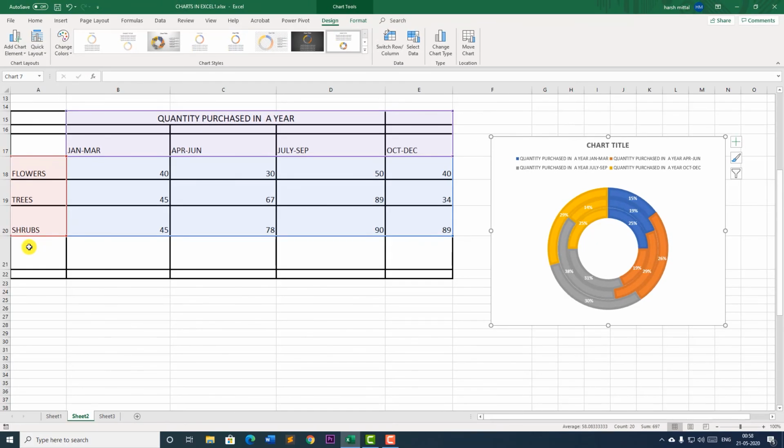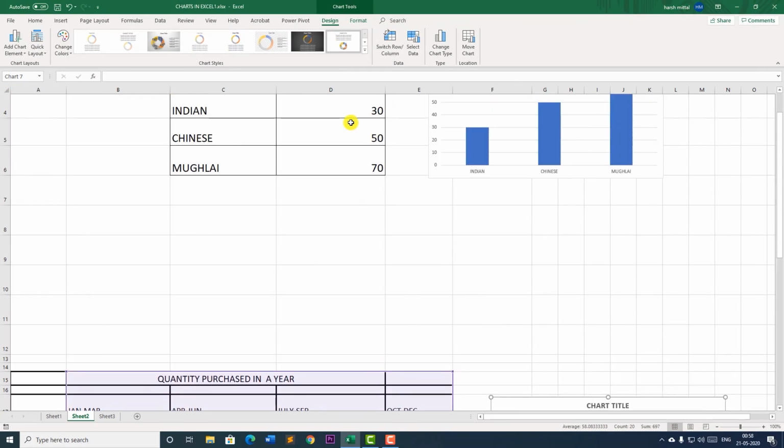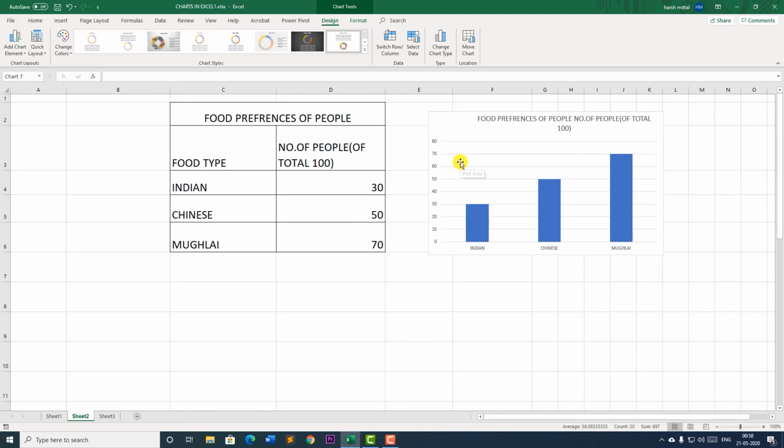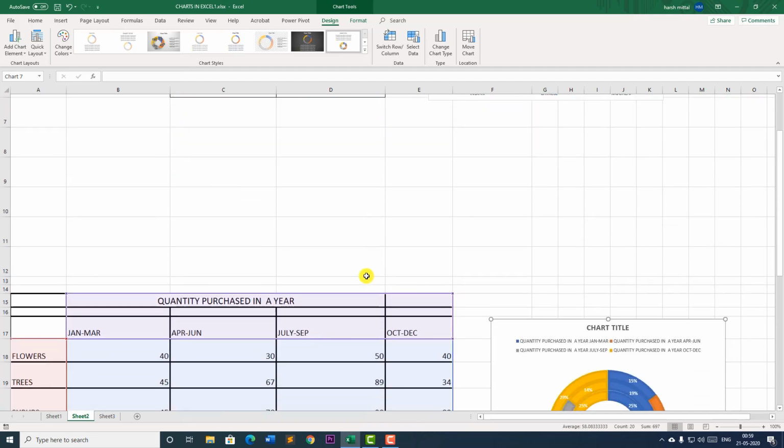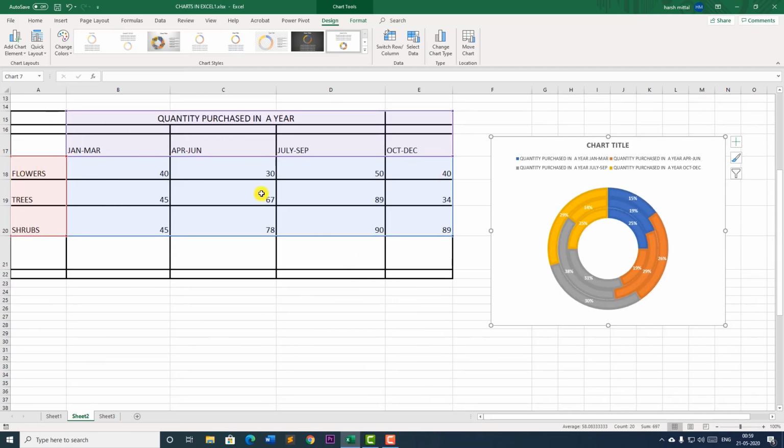So till now we have understood how to make use of a column chart. Where do we need a column chart? A column chart is needed where we have to make comparisons between independent categories. If we want the data series to be represented individually, we make use of a pie chart. But if we want all the data series to be represented as percentages in one single chart, it becomes a donut chart.